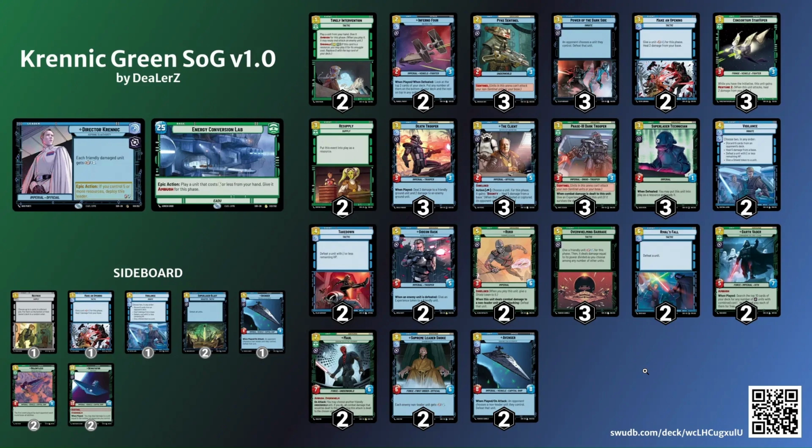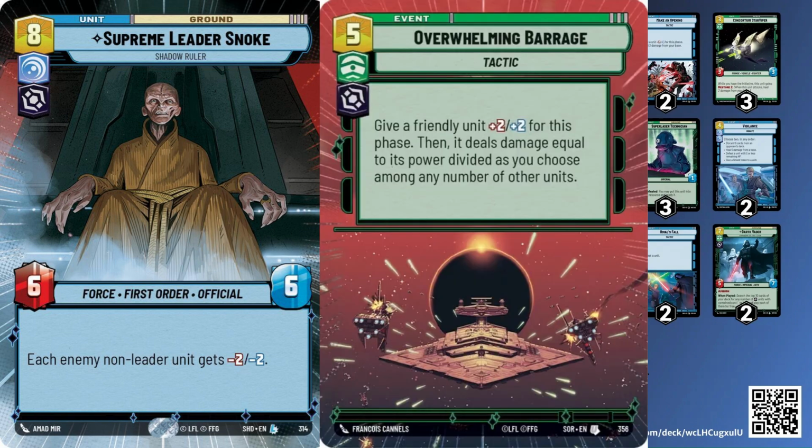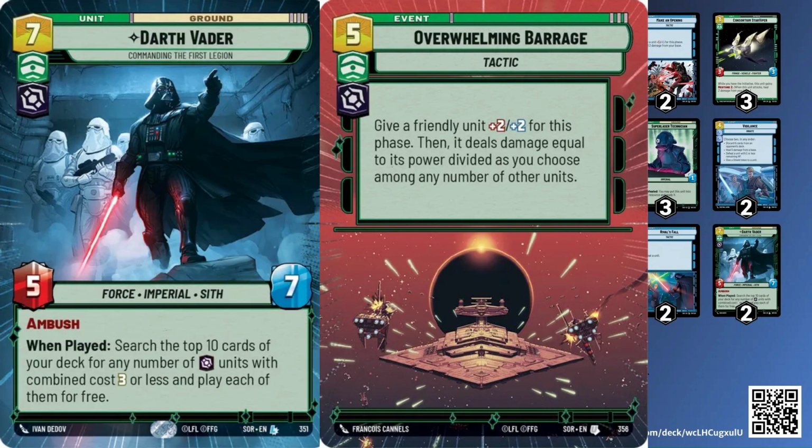I felt like I don't really need Super Laser Blast because of timely and because of the removal I have. It didn't feel like a card that I needed. So Snoke kind of serves as a pseudo Laser Blast. Barrage on Snoke, or Barrage on Avenger, or Barrage on Maul, or even Vader, is just so obliterating to a board